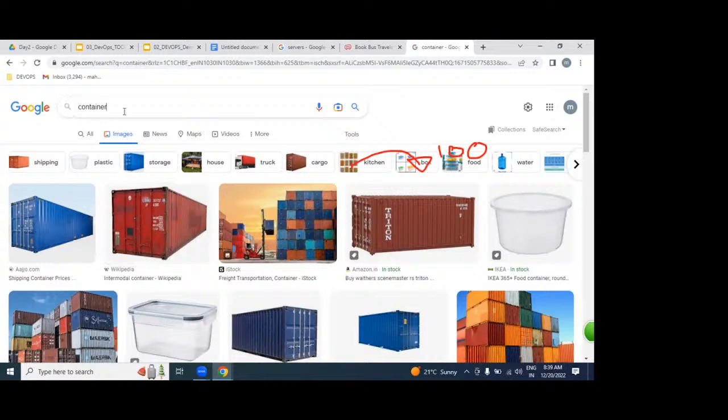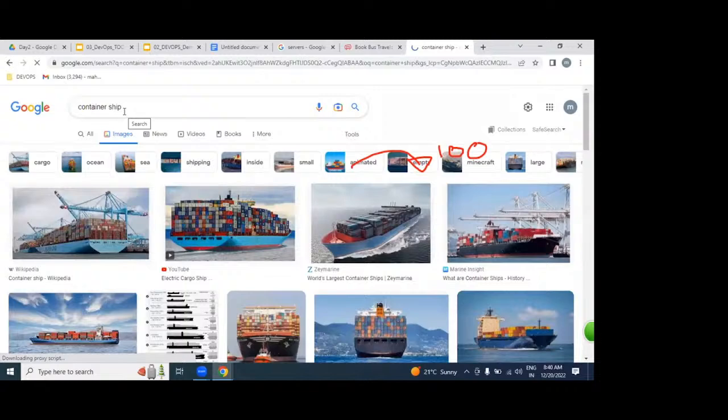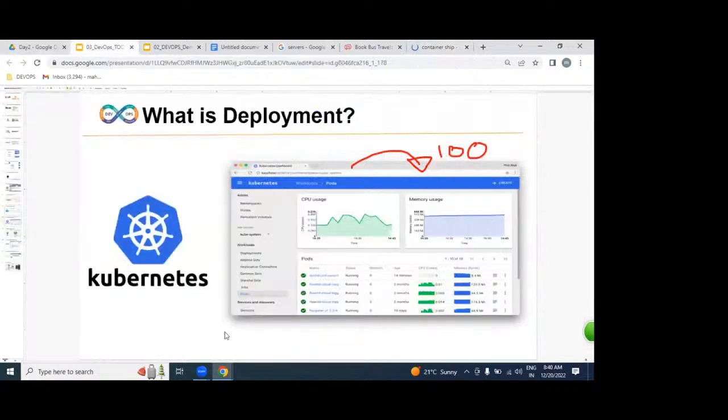But these containers are going to be controlled by whom? A ship. Where is the ship here? Kubernetes. Understood very clearly. So the Docker containers are managed or controlled by whom? Kubernetes.